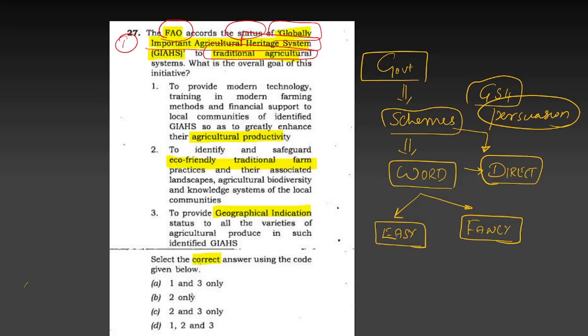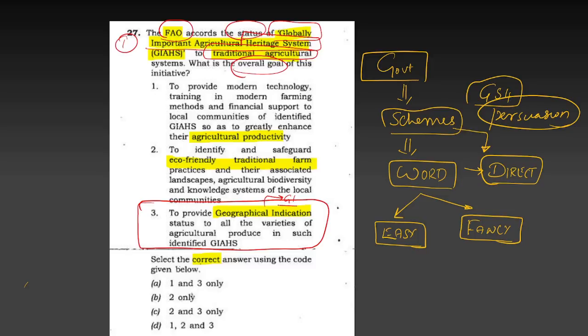So GI status to traditional agriculture. What is the overall goal they are asking? The first thing you have to know, as I said, is paying attention to details. These 12 key techniques are not separate techniques; you have to apply all of them to every question, not just one technique per question. If you see closely, there is the phrase close attention to details, to provide